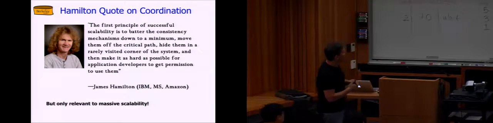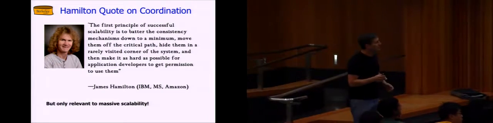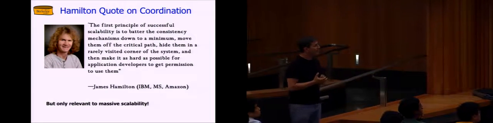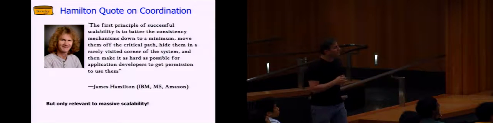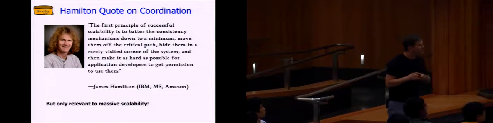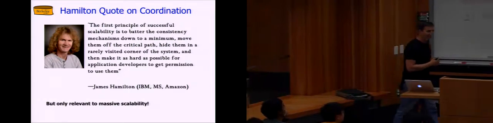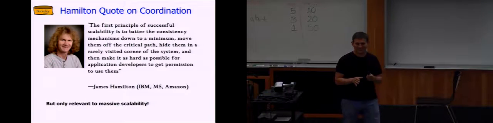So here's this great quote. The first principle of successful scalability is to batter the consistency mechanisms, like two-phase commit, down to a minimum, move them off the critical path. This is my favorite part of the quote. Hide them in a rarely visited corner of the system and make it as hard as possible for application developers to get permission to use them. All right? So, not only is this stuff expensive, but don't let software engineers use this stuff, for God's sake,